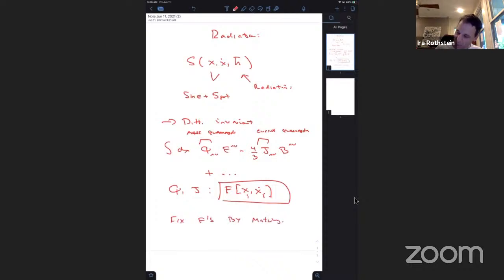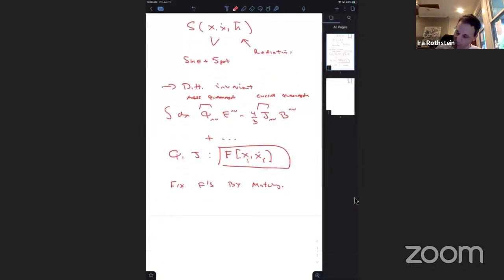So you can think of Q and J as Wilson coefficients, for those of you who have more experience with effective field theories. They depend on the short distance quantities, which are the point particles' positions themselves, okay? Now, notice we could also add terms that look like this,